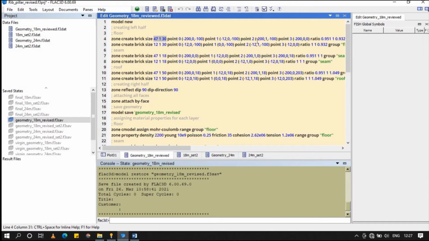Point 0 to point 1 is towards the x direction, and point 1 to point 2 is towards the y direction. Here x is changing. If you see point 1 to point 0 and point 2, you will see that only the y value is changing. Then point 3 is towards the z direction, and at point 3 the z value is changing, which is 0. So if you give this command,